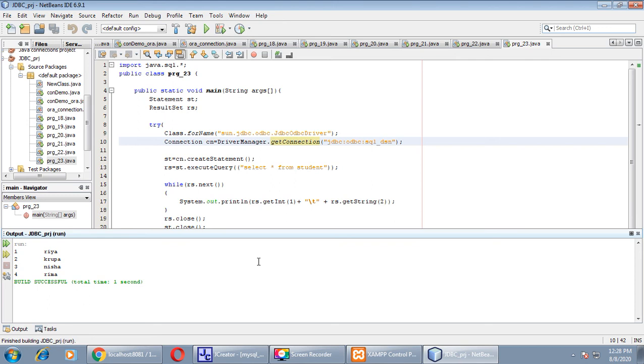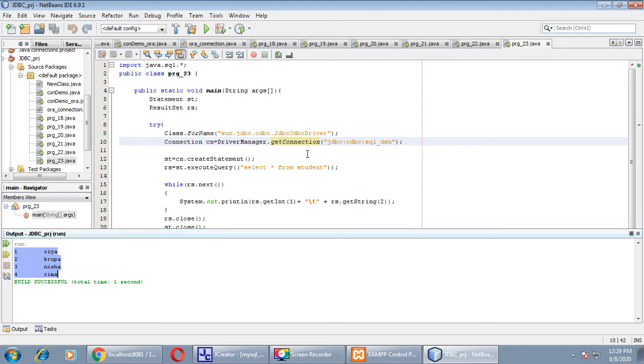Here we got all the records from the table student of test database. Fine, all the records you can see on the screen, which were manually inserted by us. Now this is all about fetching the records from the student table. As we have done all the practicals for Oracle and Access, for updating a query, for deleting a record from the table, the same practical you can even implement in MySQL also.